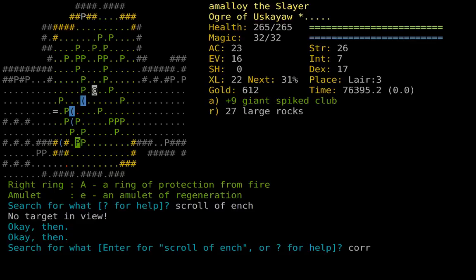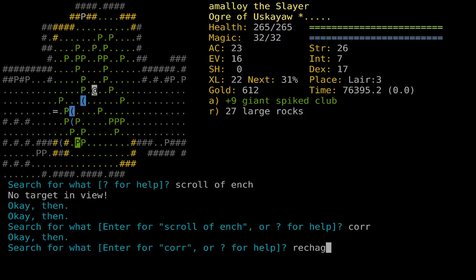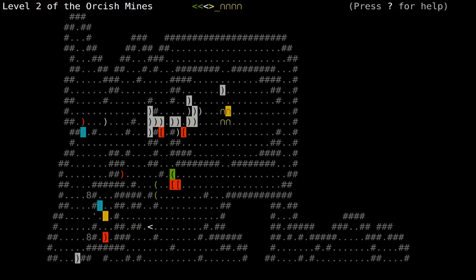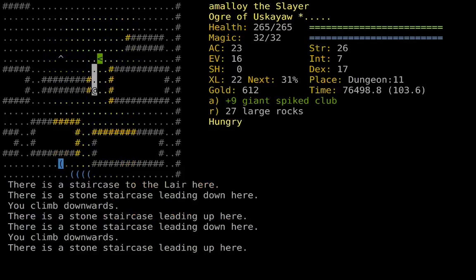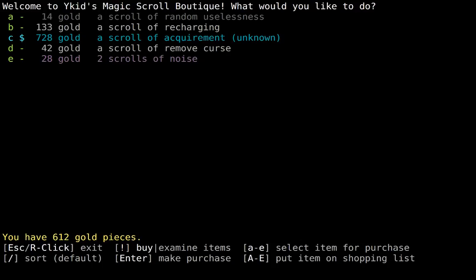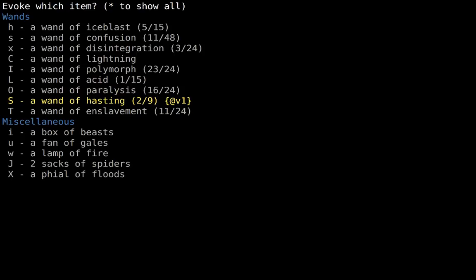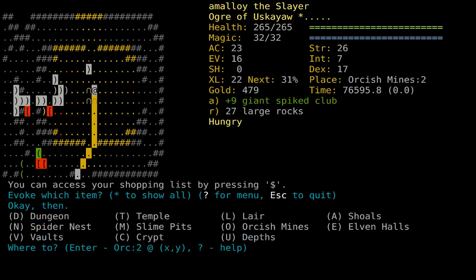Scrolls of recharging, right? That's the main thing I really want. Oh, it reminds me, there's one of those for sale, isn't there? Yeah, let's go buy that right now before I forget. That's like the most valuable thing in the world right now. Great. Because we have a Wand of Hasting, and this Wand of Disintegration has seen better days. Okay, I think we're just gonna...